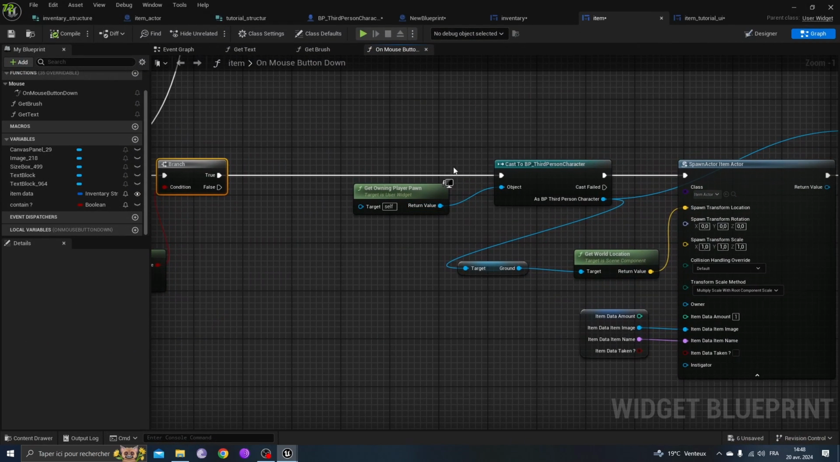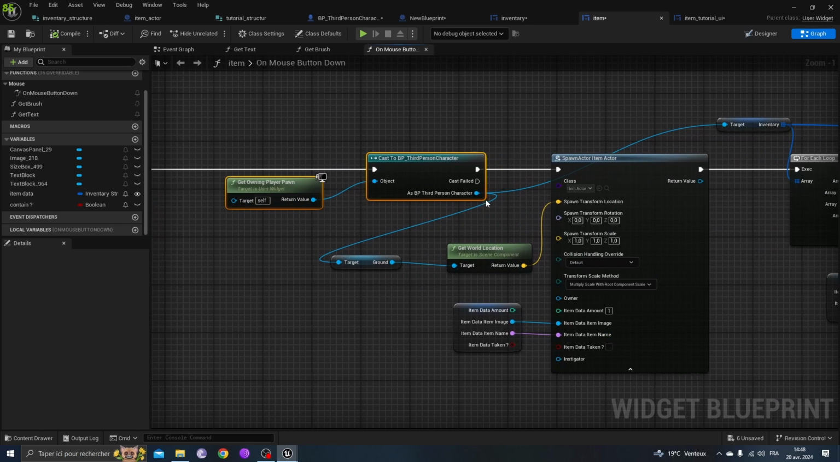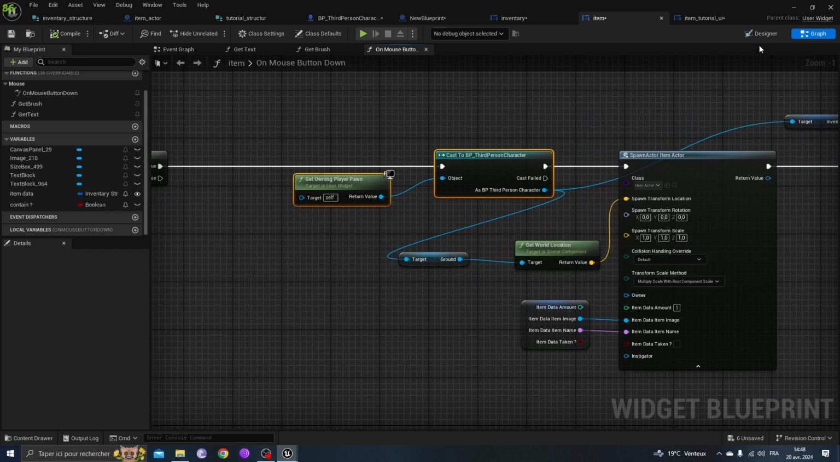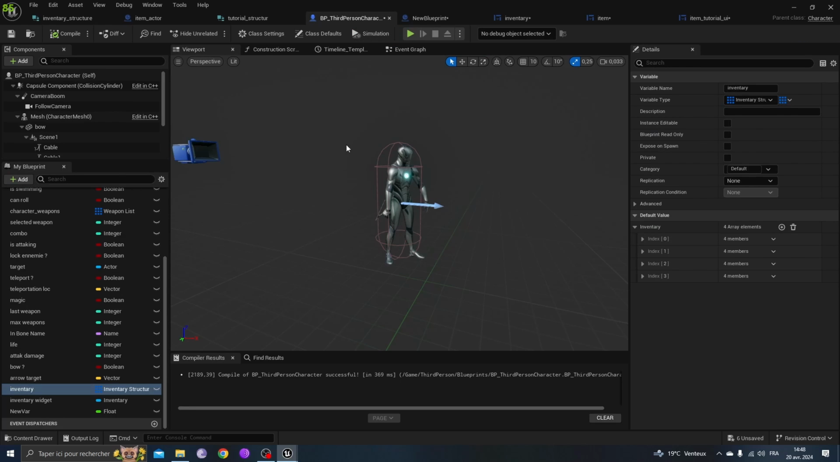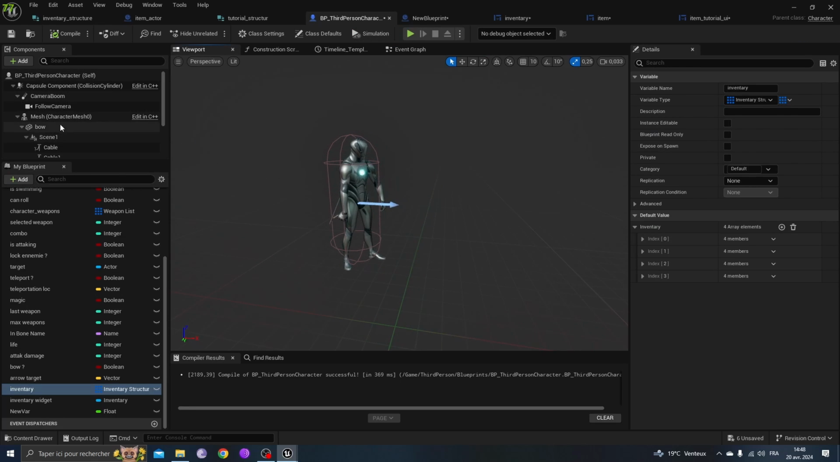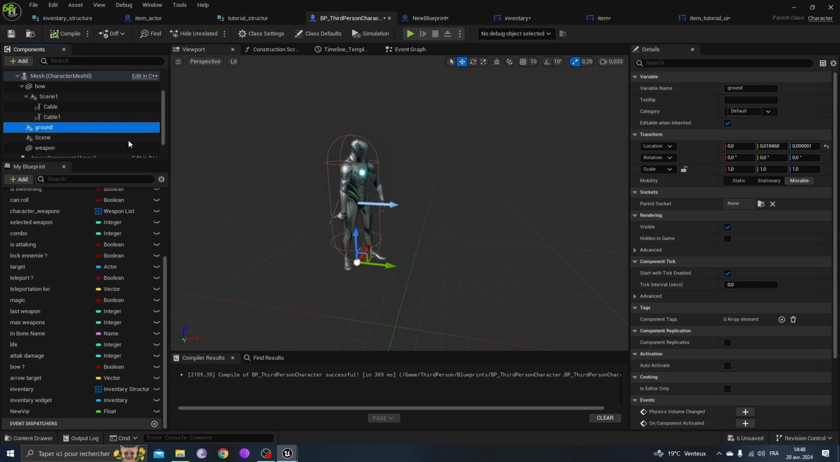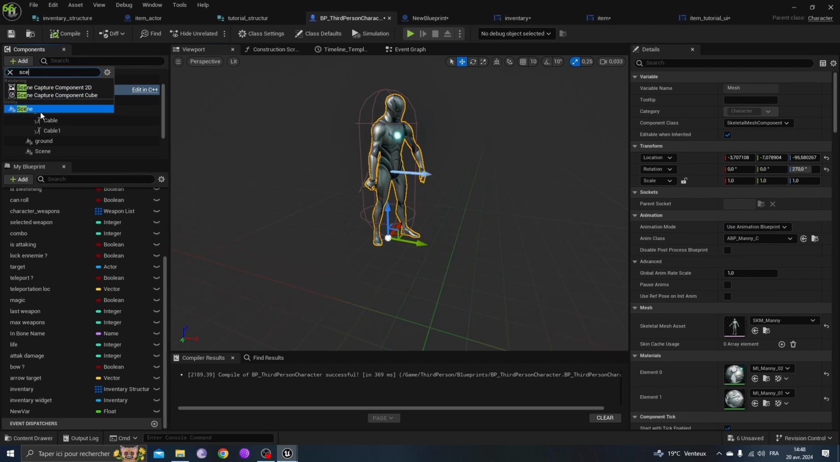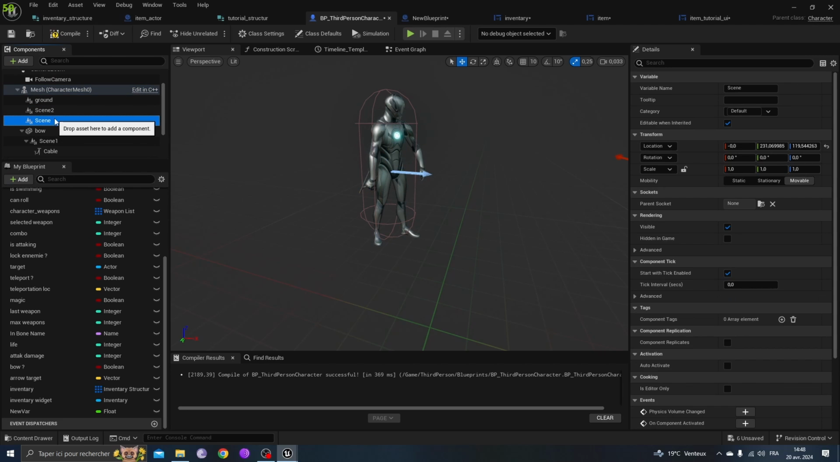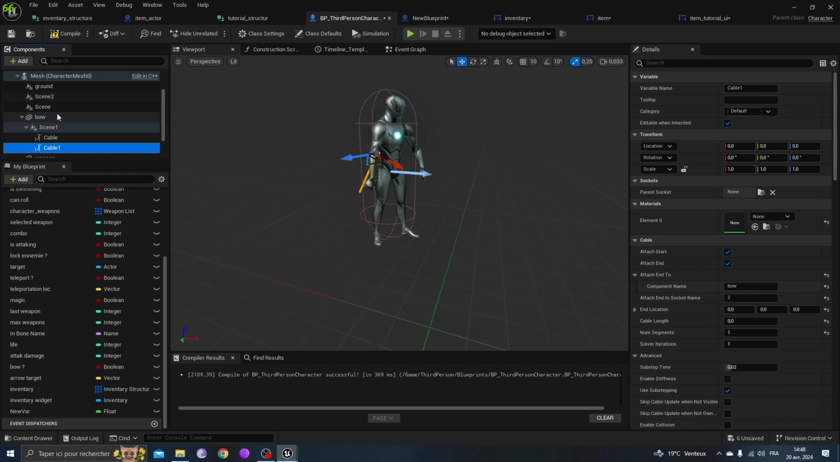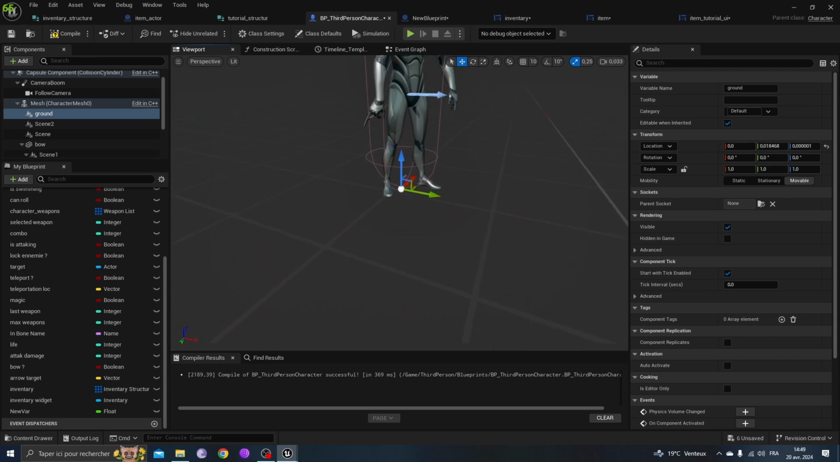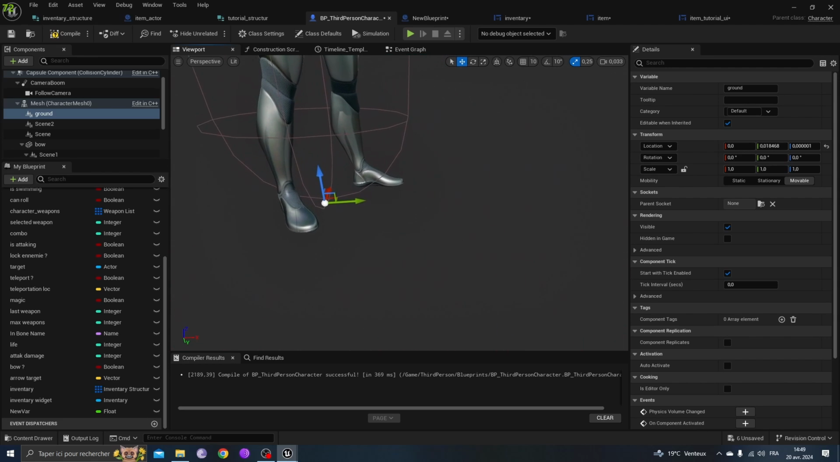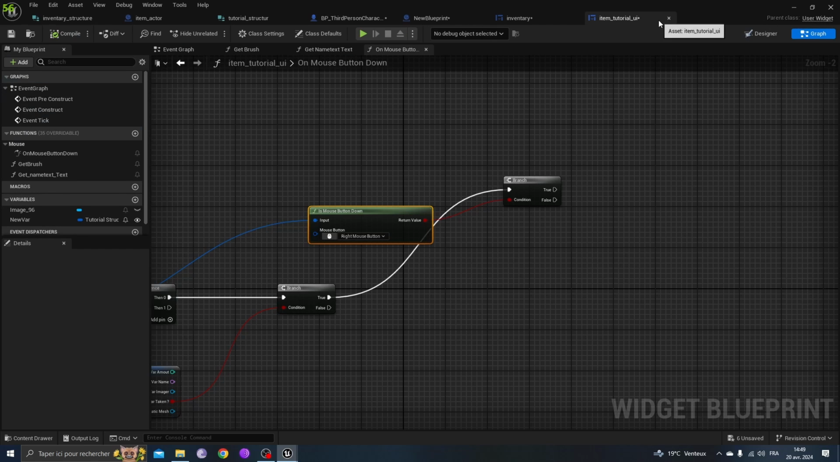So in your case, again, you will cast to your third person character. You get your idea. I have not told you about that. You need to add on your character a ground scene component. Okay, go to your mesh, add scene. Here you select scene and name it ground, just like me, and put it on the ground just where you want to spawn the dropped item. Okay, go back